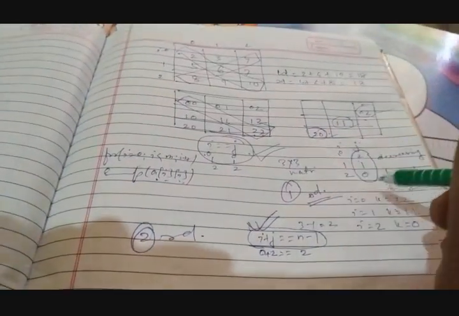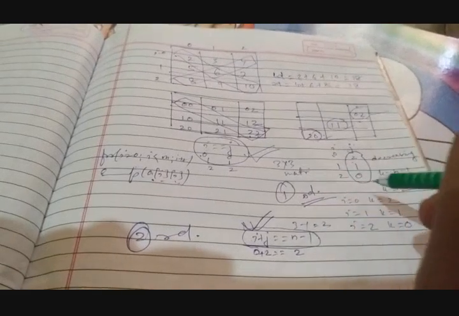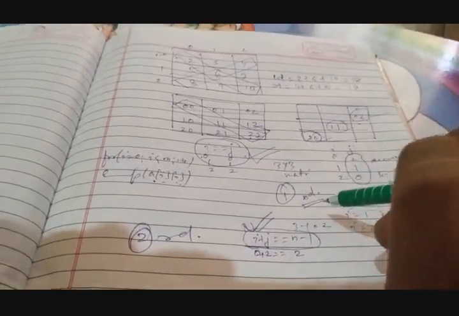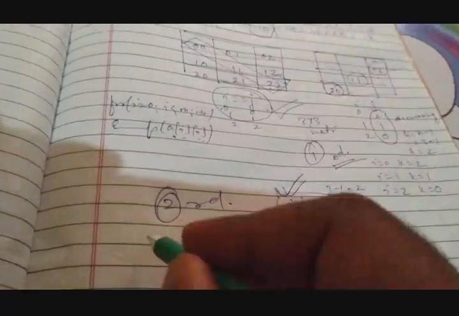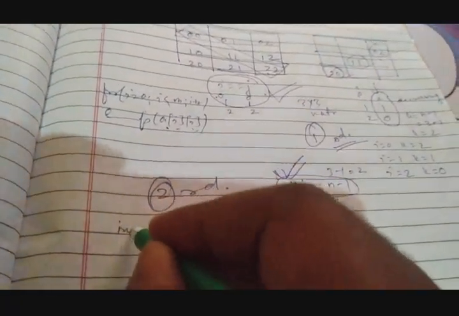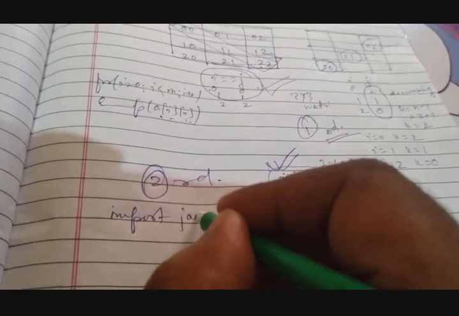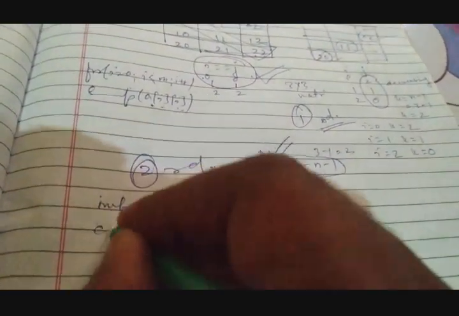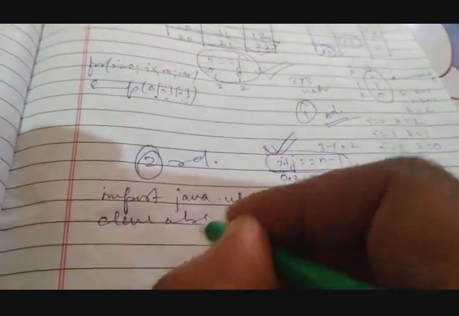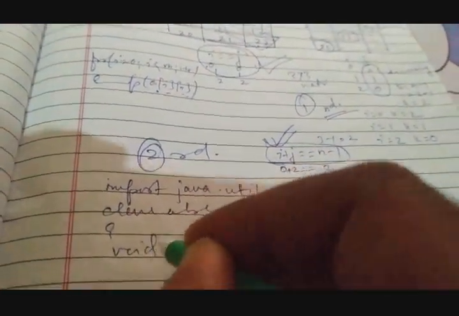and then in the second method we will be practicing both ways. So let's continue. Import java.util.* class ABC, void main,